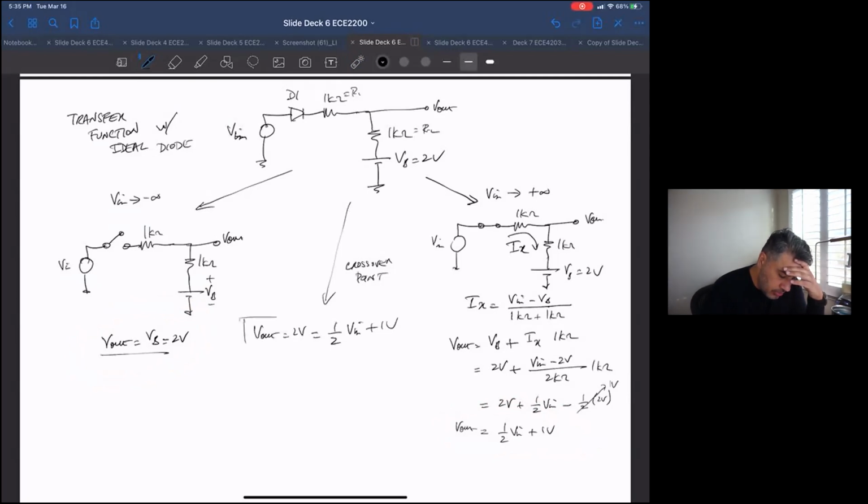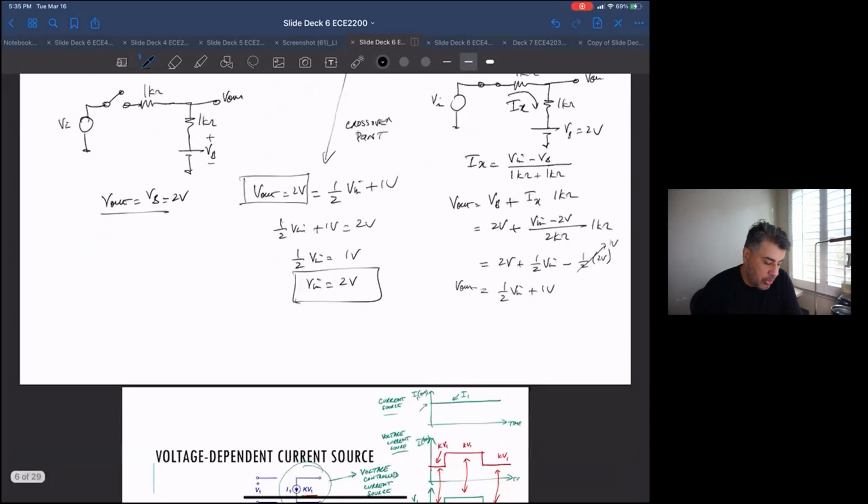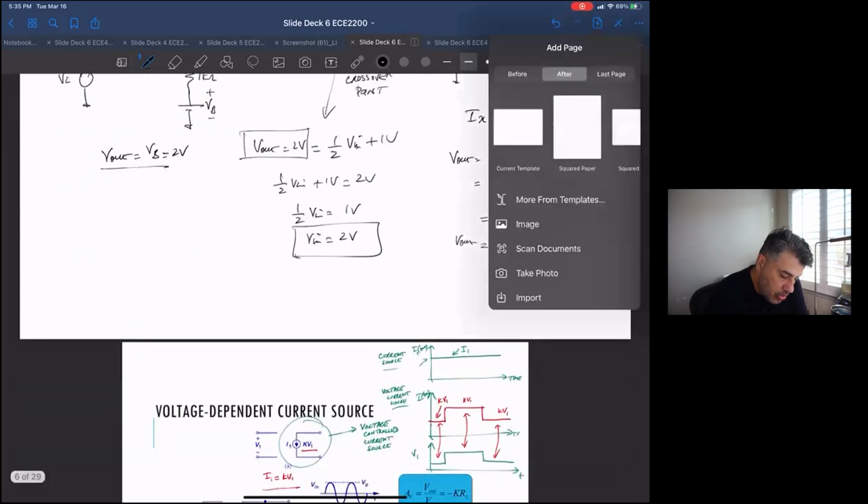I'm just rewriting this because these have to intersect. So half V in is 1 volt, so V in is 2 volts. Okay, so that's the intercept point. So if I was going to draw this,